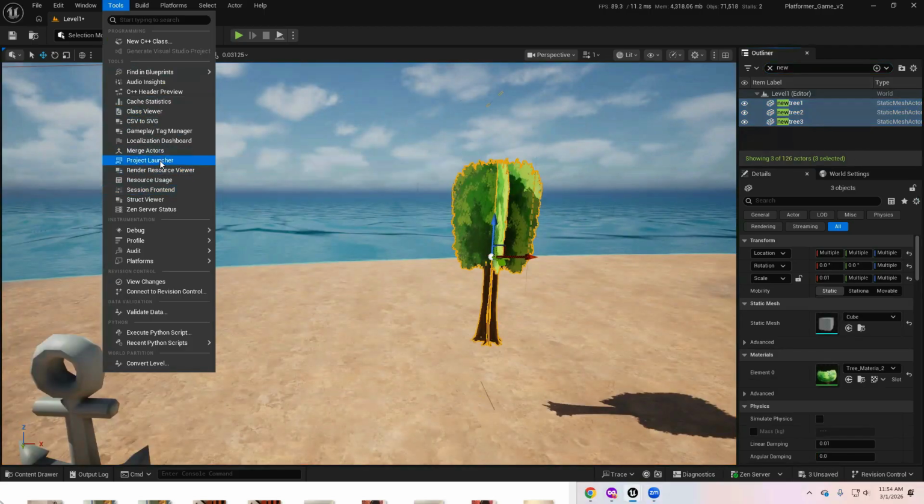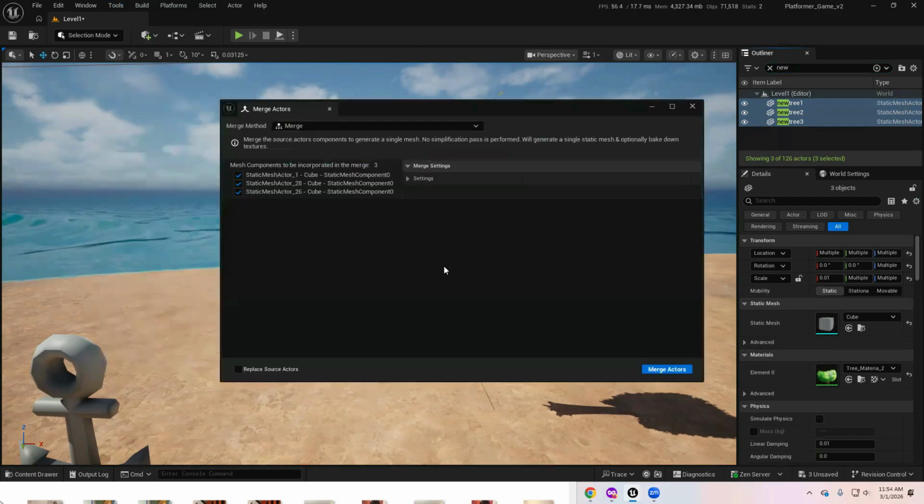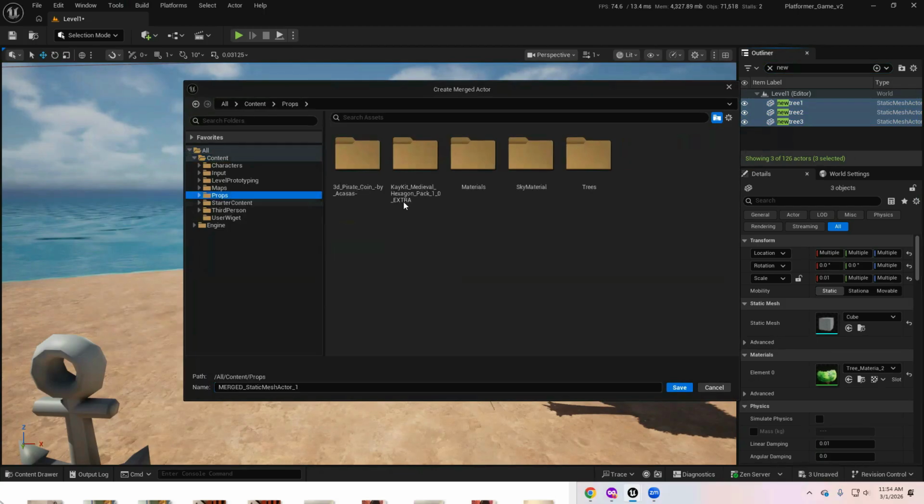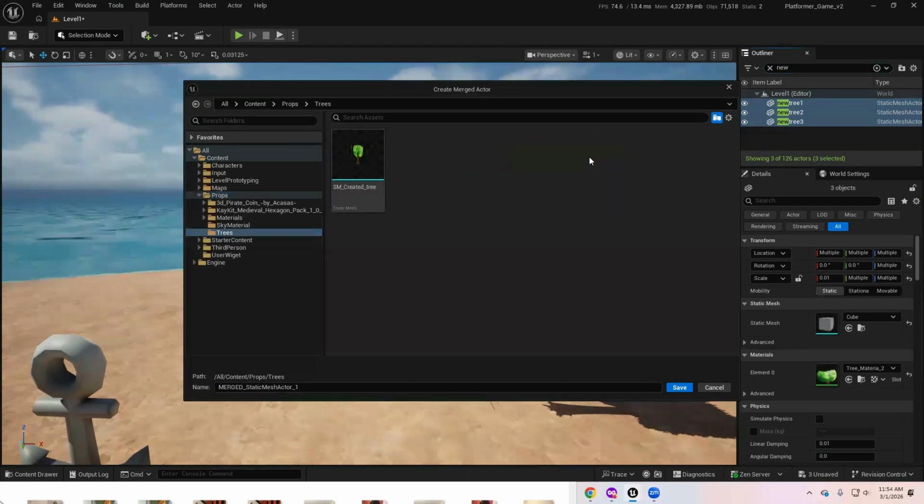Let's convert, Merge Actors. Merge Actors. We'll save this in Props. Go to Trees. And we call this, let's see,